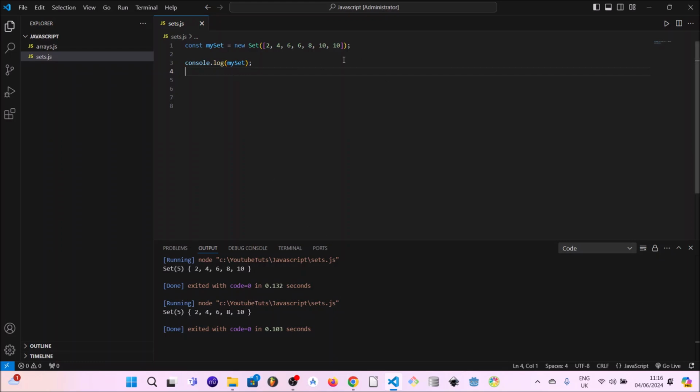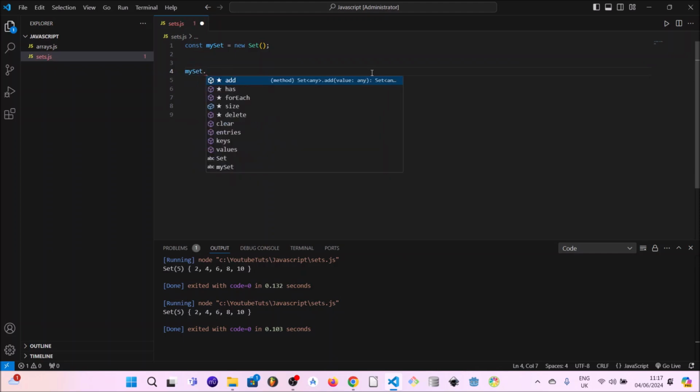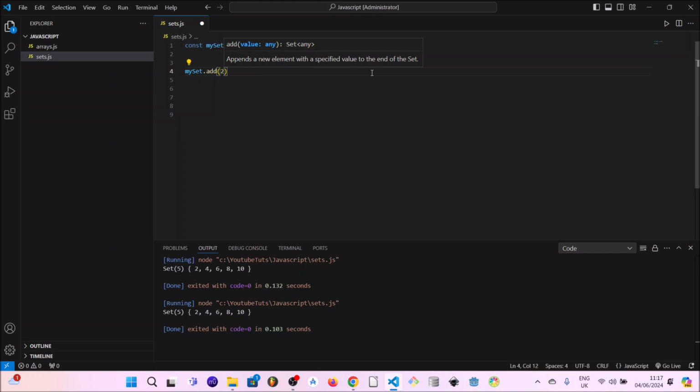Now, the second way of adding values to a set is as follows. So we instantiate the set object with parentheses, and we say my set. Then we use the add method to add our values. So the first one would be 2. If we can just speed things up by copying this down